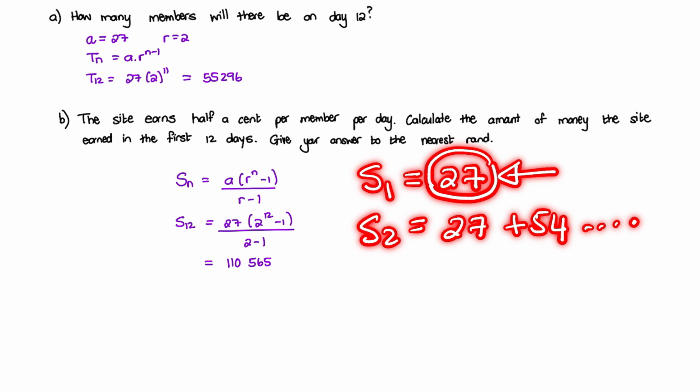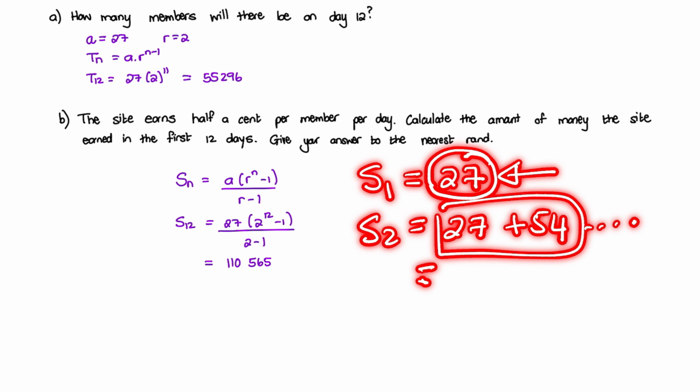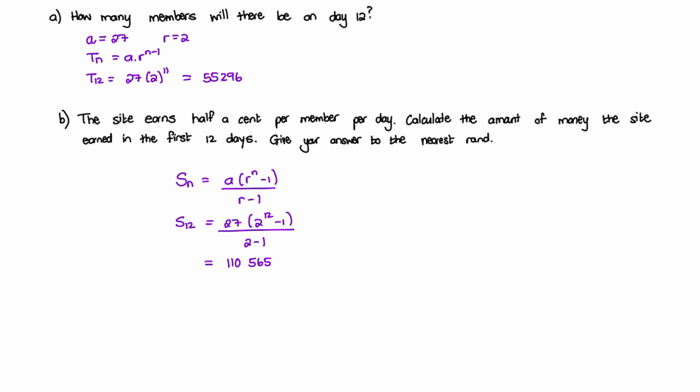But on day 1, they earn half a cent on 27 members, and on day 2, they earn half a cent on 27 plus 54 members, and that continues all the way to day 12. So I want to figure out what's the sum up to day 12. So on day 1, we have 27 members. The ratio is 2, and we're going up to day 12. So therefore, the sum or the total is